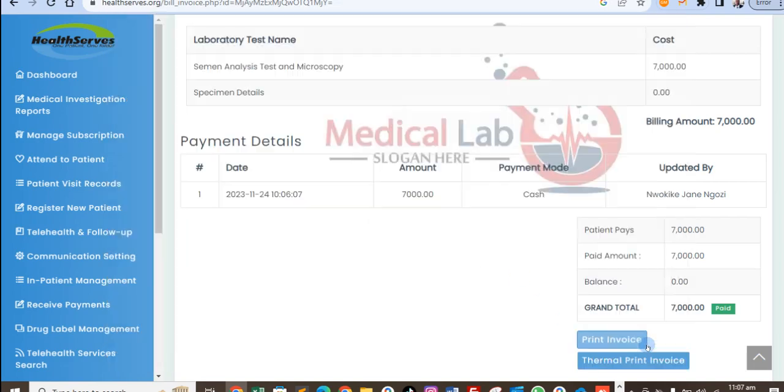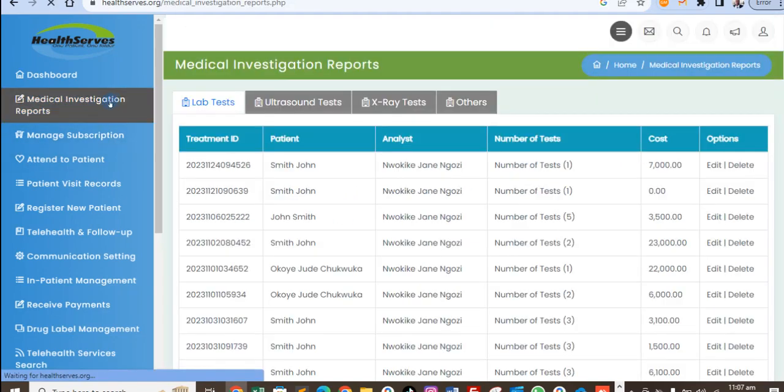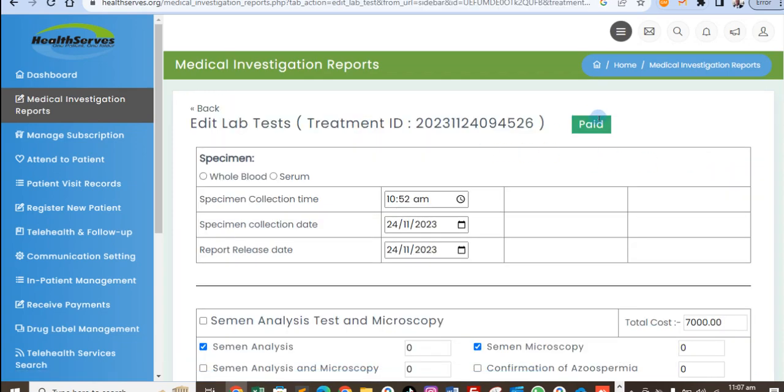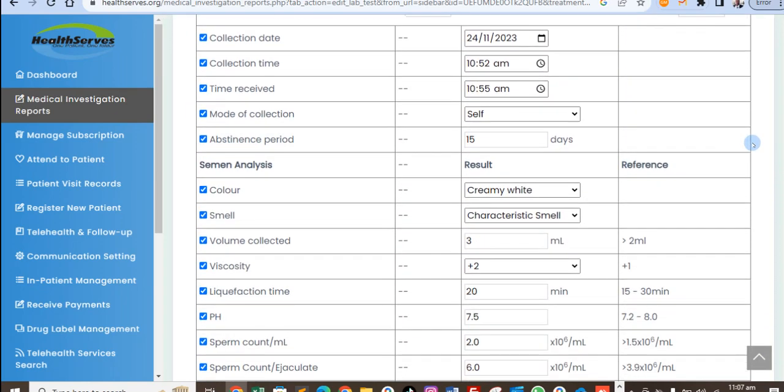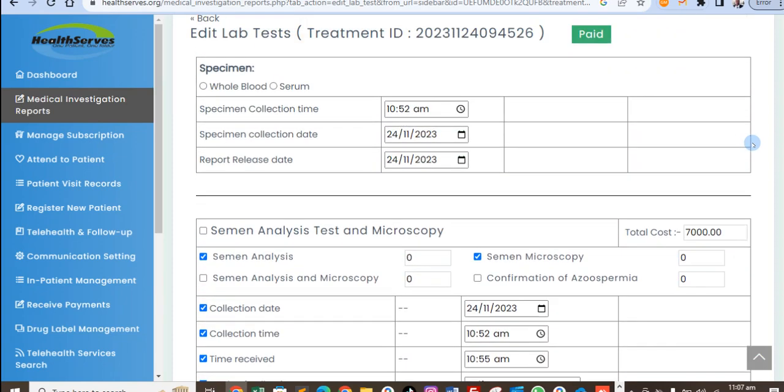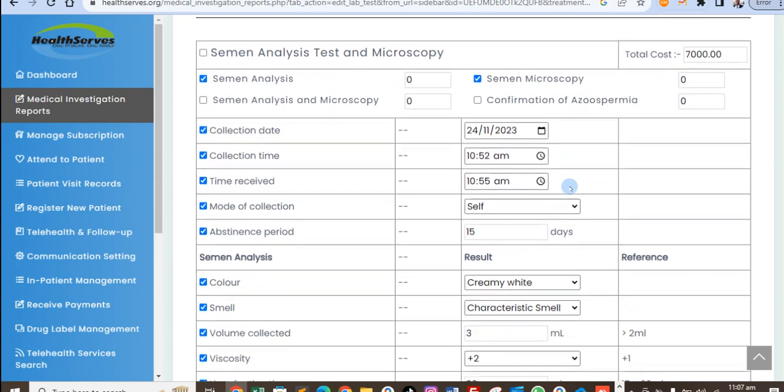All right, so let's go and run the test for the patient and see how it goes. So I click on medical investigation report, and then that is the bill here. Let's see if the patient has paid for this lab test operation. Here you can see he has paid. If he's not paid, you will know that from here, and so nobody should process a result when the patient has not paid. So at this point, you can collect the lab sample from the patient and go ahead and run the